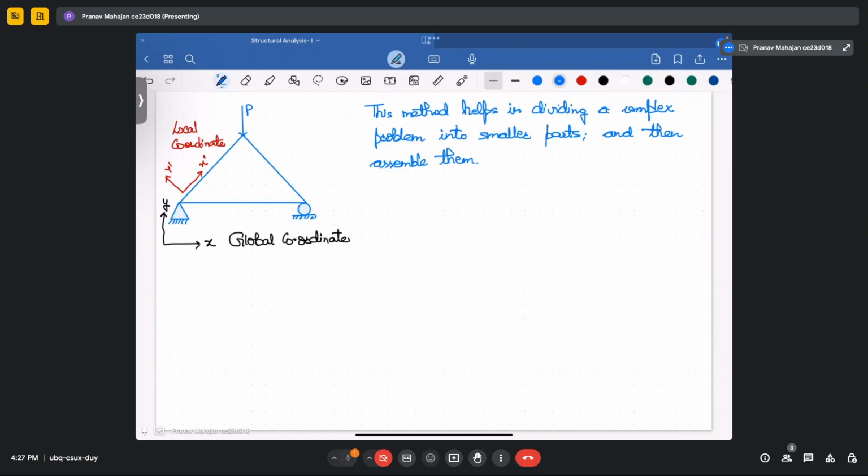Okay. So in case of a truss, if you divide the whole member into three parts,